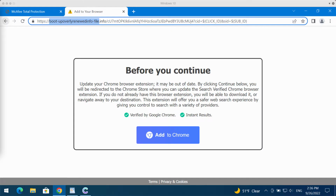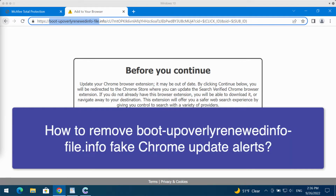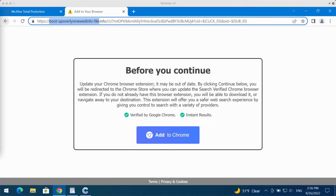My video guide is about getting rid of the scary pop-ups that are coming from the site Boot-upoverlyrenewedinfo-file.info. It's a very long name of the website, but this website is faulty, deceptive, and you should not trust it. This website claims that it is some sort of Google Chrome update. It says that you need to download some unwanted browser extension into Google Chrome, and the message says that this